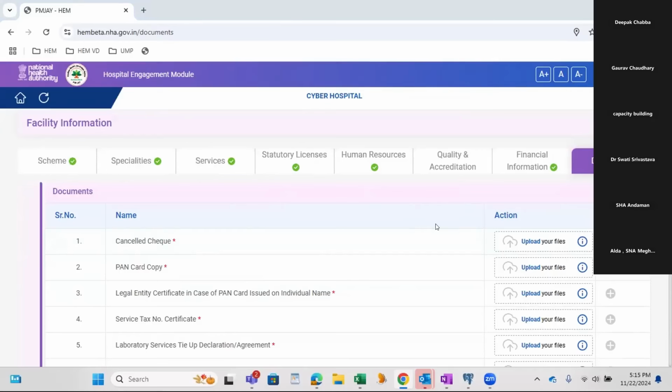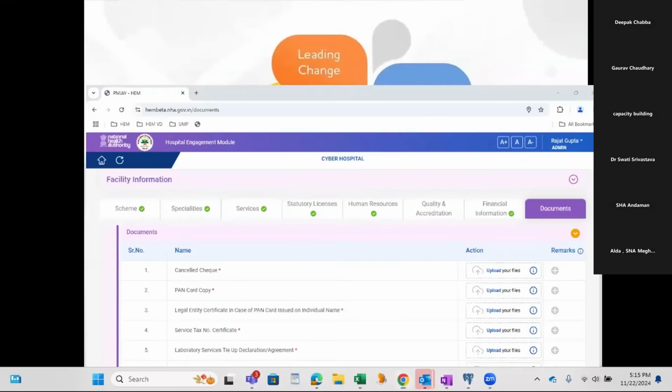Once we submit it, it will go to the approver, and then we will continue from the approval screen. Okay, Aparmit. Log in incognito.